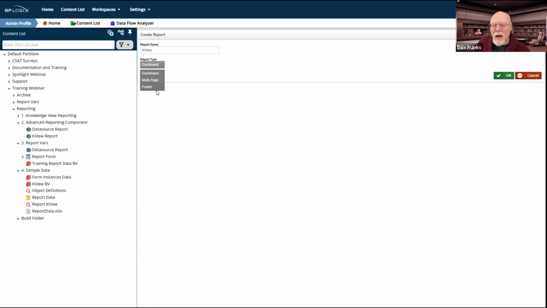They're basically designed to show up somewhere in the UI. So if I create a dashboard in Process Director and I want to show a report in that dashboard, I would choose the dashboard type because it's going to give me a more square-ish report. It's going to be a little larger, so it can be expanded for the whole screen.